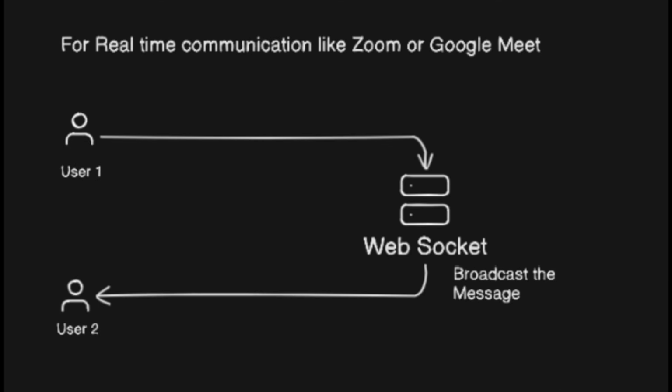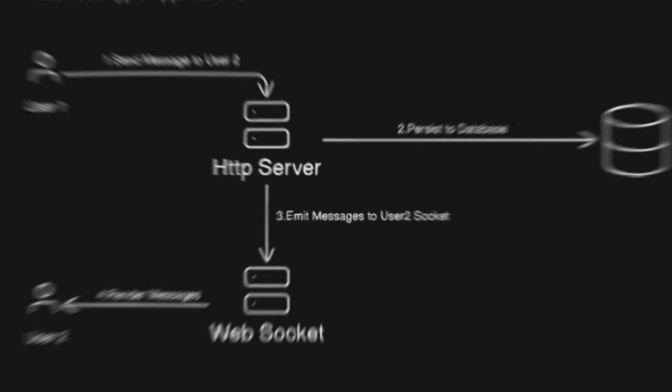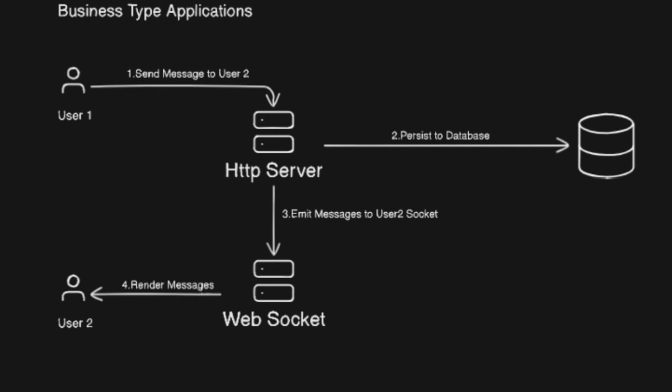In contrast, Zoom primarily focuses on the real-time communication with no persistence at all. Messages are broadcasted directly through the WebSocket. Now, for a business application which prioritizes persistence and reliability, messages are sent using the HTTP server, and the message is basically processed into the database and then it's delivered to the user 2 via WebSocket. This ensures that the message is persisted